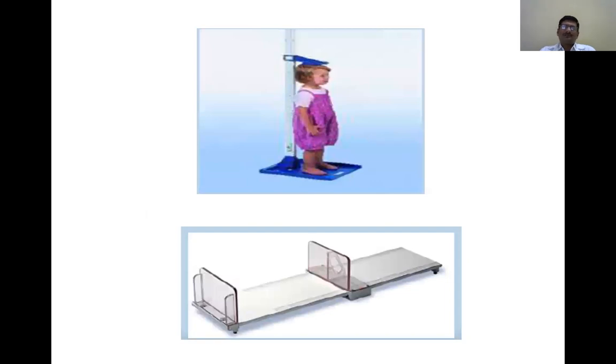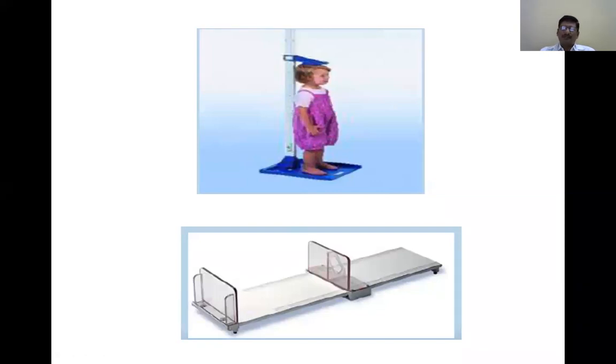So this is the technique of measuring the height and length. This is a stadiometer, onto which you stand, and with this we directly measure the height. This is the infantometer. Here on one side the baby's head will be placed, and this is the other movable plank, which is allowed to press the heel. The length of the baby is measured this way. Here what you measure is the height or length, more or less the same, maybe a few mm difference because of the